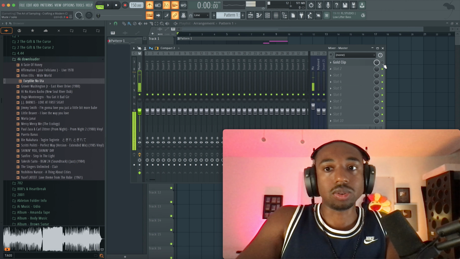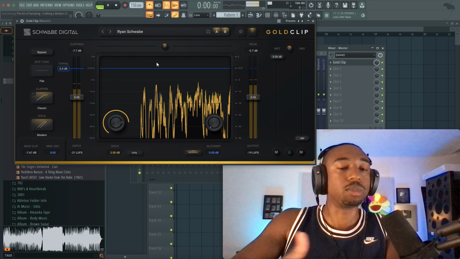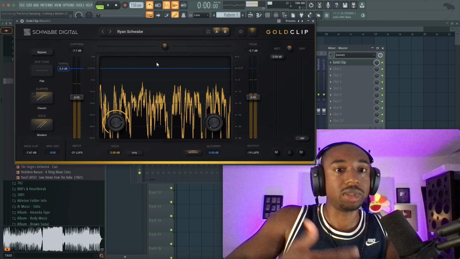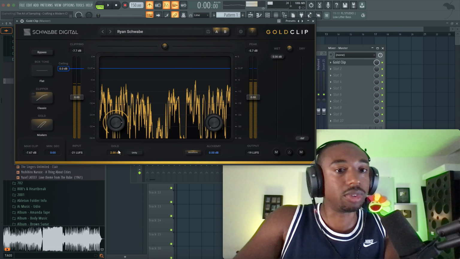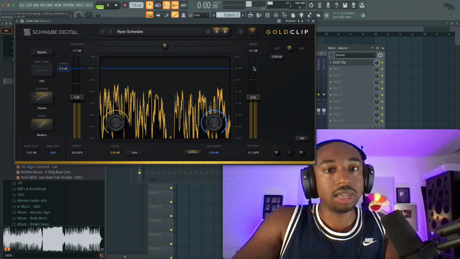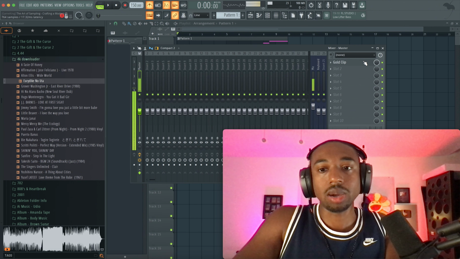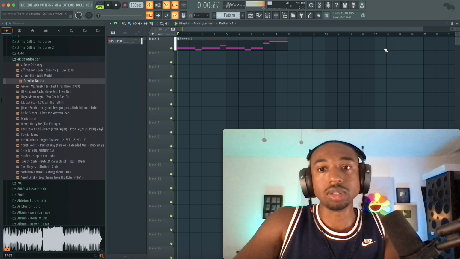Now, what I would recommend is you guys use Gold Clip. This plugin just changes the whole sonic of your sound. So I'm going to produce going into Gold Clip. It even makes my voice sound better. Okay, so this is basically a clipping plugin. I love the gold knob, which is like saturation. Then we have like a transformer, I think that is. And so now we could just run our sounds through Gold Clip to create that authentic texture.